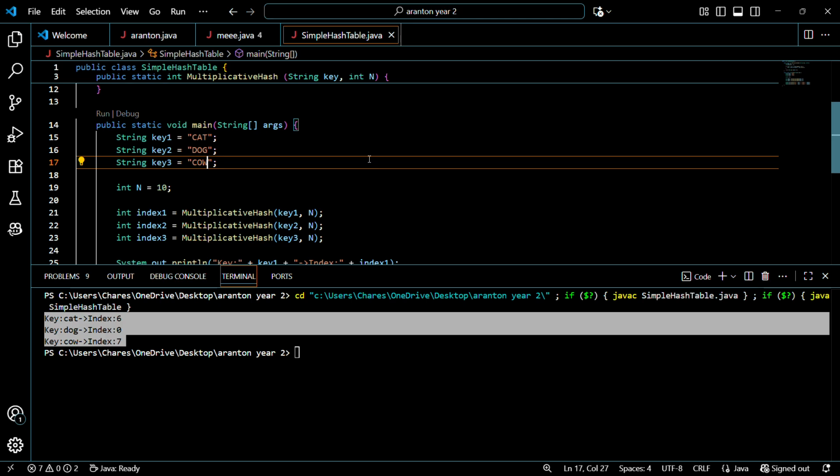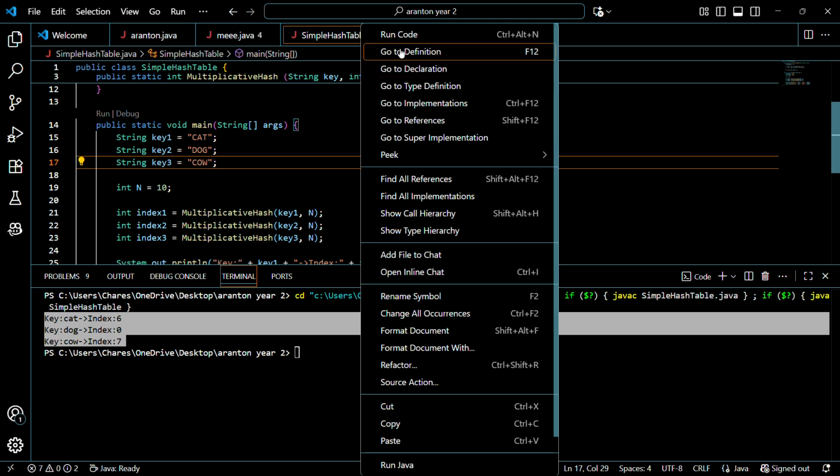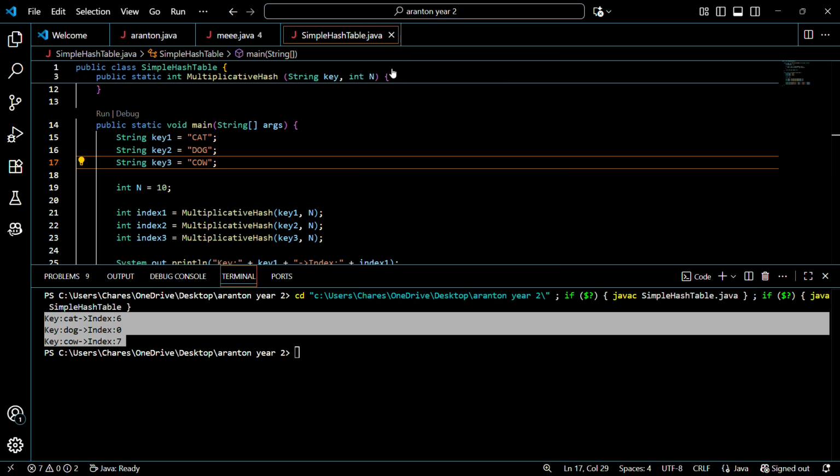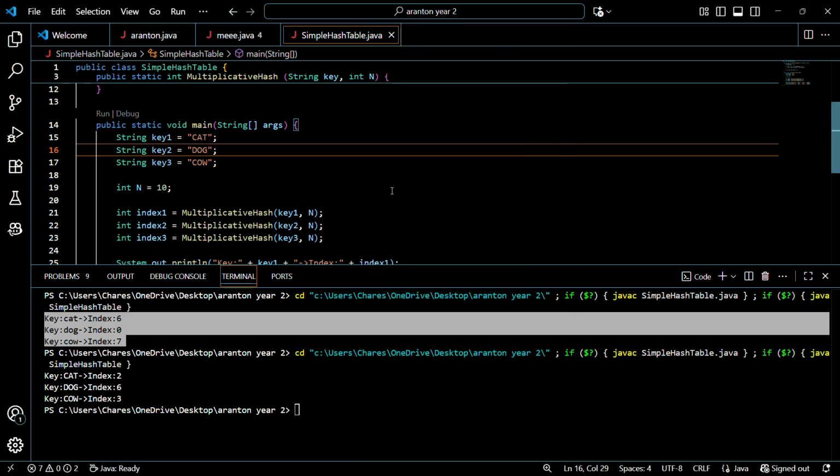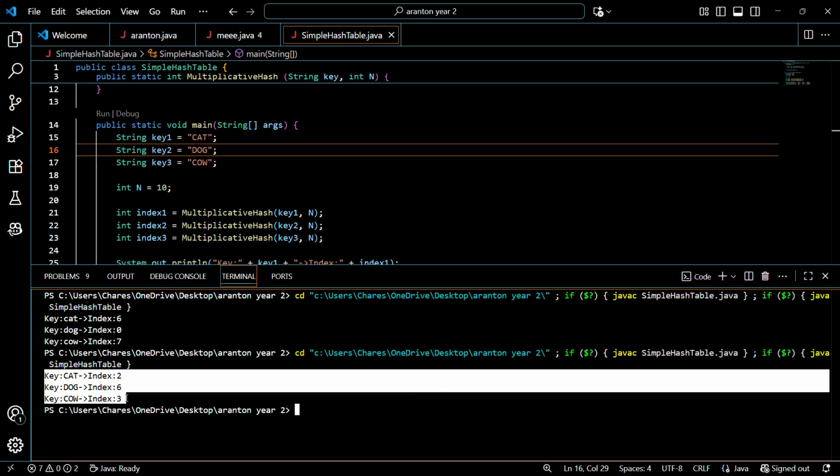And we will try to run the code. You will see on the screen that they have the same words or letters, but the results of the index are different.